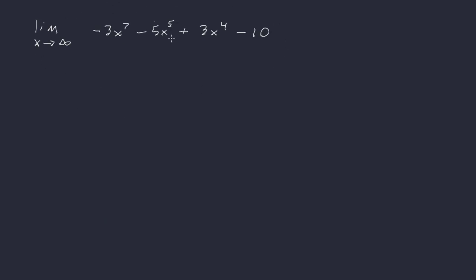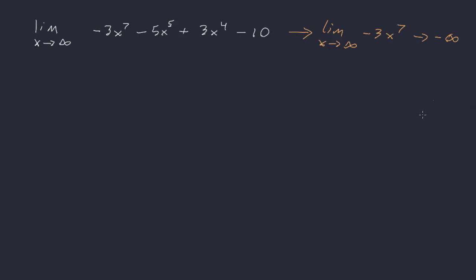All right, let's say we want to find the limit as x goes to infinity of negative 3 times x to the 7th minus 5x to the 5th plus 3x to the 4th minus 10. Now, we've already talked about how we would do this. Normally, we would just say, okay, that's going to be the limit as x goes to infinity of the leading term, the negative 3x to the 7th. Okay, and then that's going to go to negative infinity. All right. However, I want to show you that